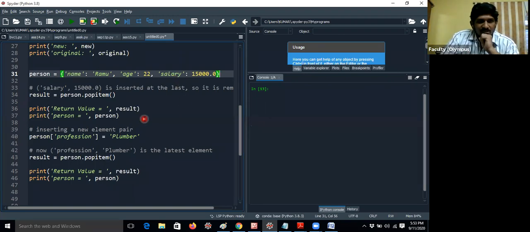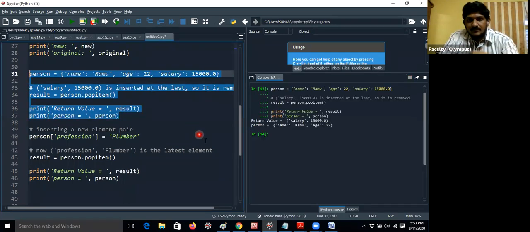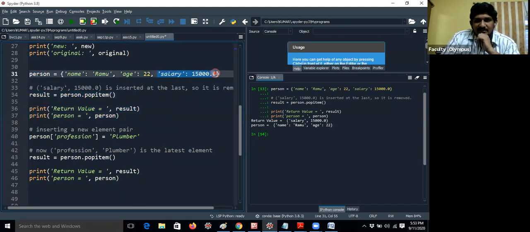First let me explain these 4 lines only. You can see here the return value is salary 15,000, the last inserted item, so this will be popped out. Now I'm printing the dictionary again: name Ramu, age 22.